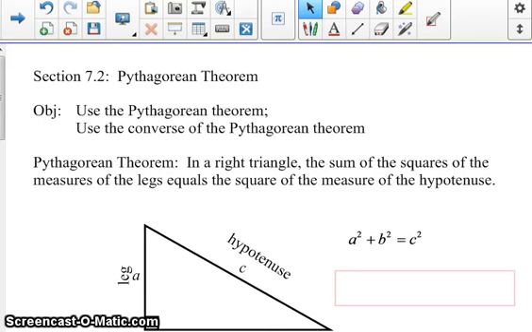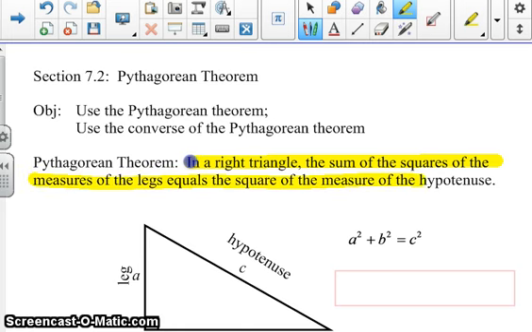Today we will be studying the Pythagorean theorem. We have been using a form of it all year in the distance formula, and you have seen it in previous math classes. The Pythagorean theorem states, in a right triangle, the sum of the squares of the measures of the legs equals the square of the measure of the hypotenuse, or in typical terms, a squared plus b squared